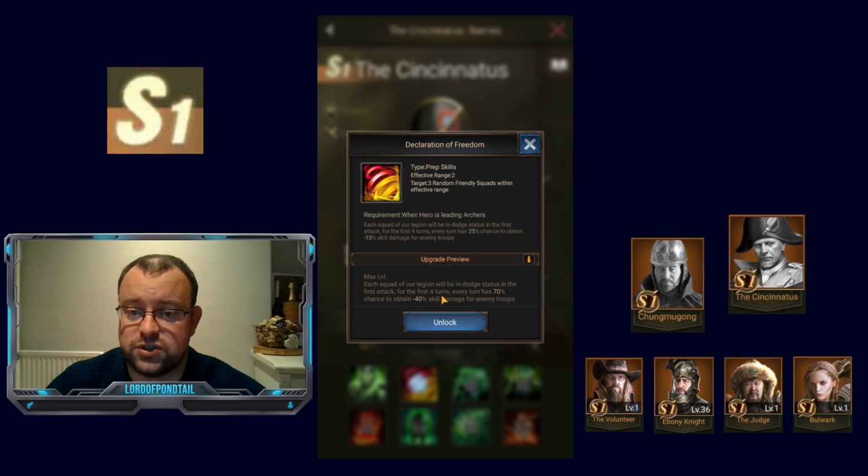For the first 4 turns, every turn has a 70% chance to obtain minus 40% skill damage for enemy troops. So he's guaranteeing that you avoid damage in the first turn. I think that's a really nice buff. What if